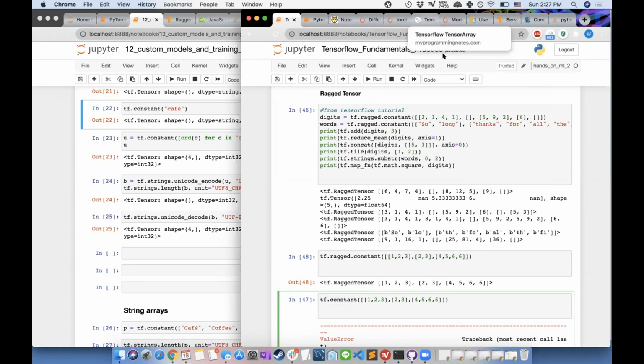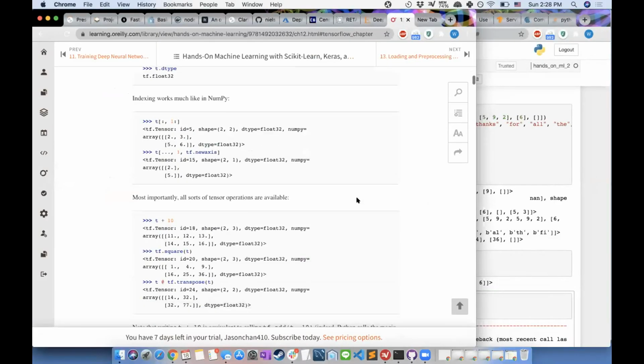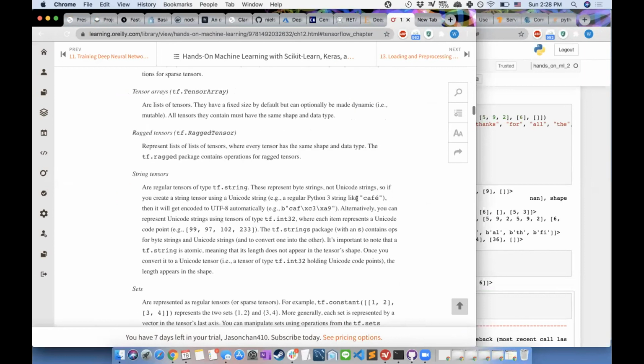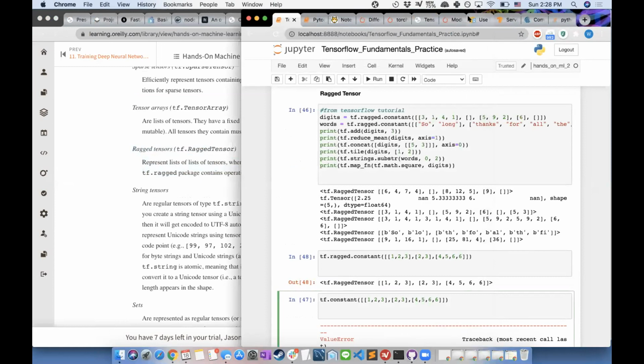Oh, I just looked at the TensorFlow documentation on that, and I think you're right. There's a typo there. Maybe it'd be helpful if you just linked it into the chat, or display that page for everybody, and then we can look at it. Yeah. It's exactly here, right? It represents a list of lists of tensors where every tensor has the same shape and data type. And when I looked it up on